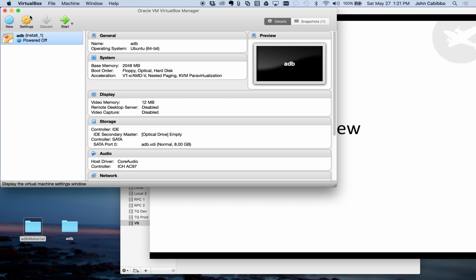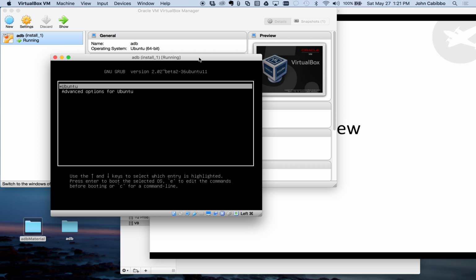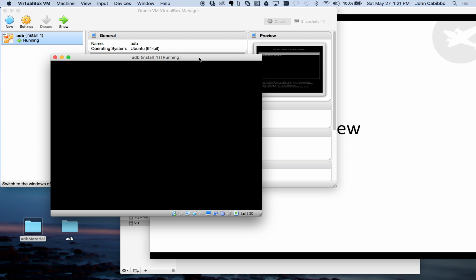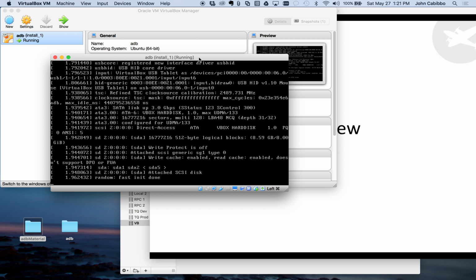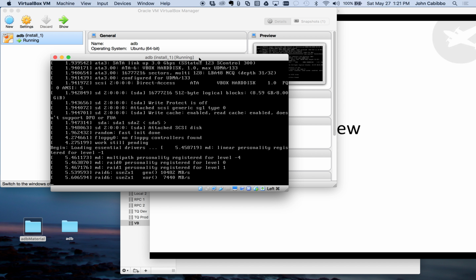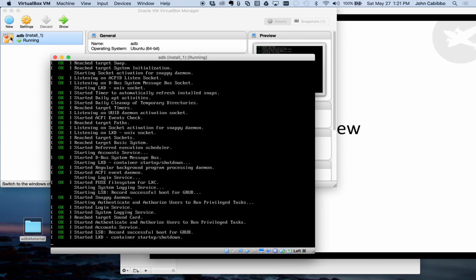So bring up VirtualBox Manager. If it is powered off, you should have ADB in here like this. Hit the Start button. This will bring up the server. And for now, once it's finished and everything comes up, we can minimize both the server as well as the